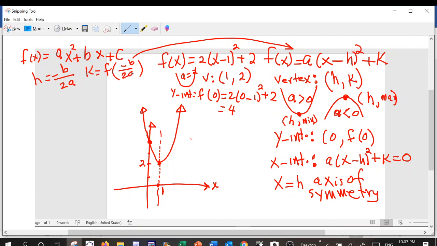That's how we deal with the vertex. So the vertex is given this way. Everything else is the same way we find the rest of it. So